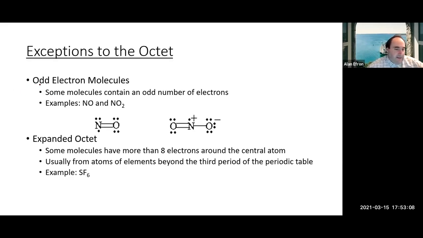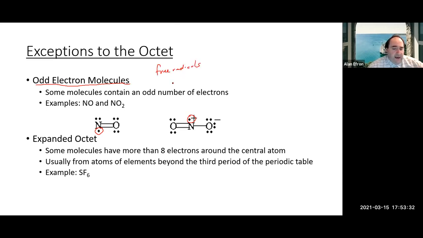Another exception to the octet rule is what is known as an odd electron molecule. Odd electron molecule means that since we put on electrons in pairs, if you had an odd number, you will end up with one unpaired electron, like in NO and NO2. Now, with one unpaired electron, these are sometimes referred to as free radicals,